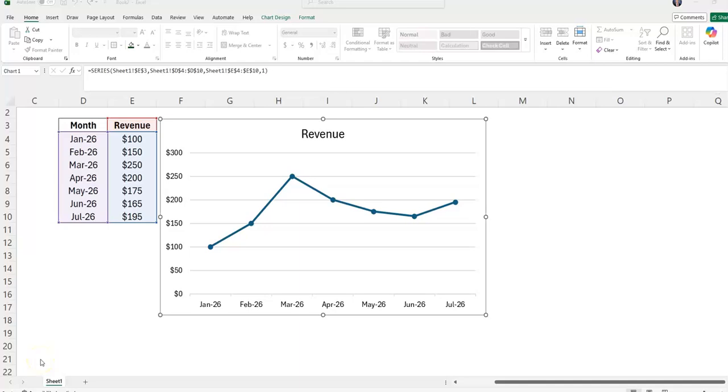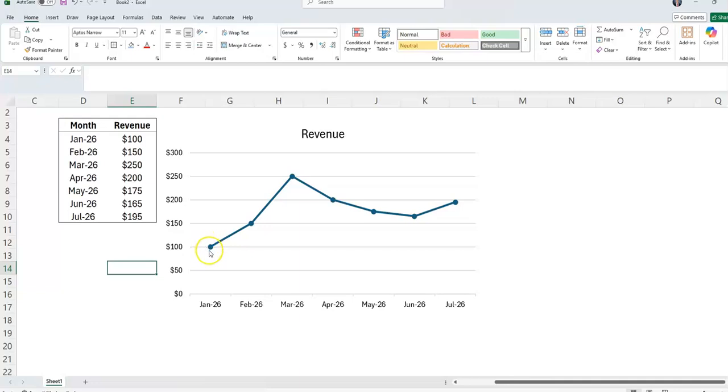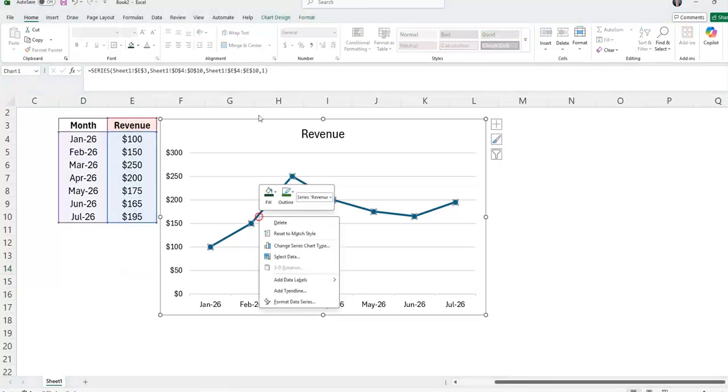In this tutorial, I want to show you how you can change the size of the markers for your line chart with markers in Excel with ease. To do this, first click on the line, then right click on it. Now you're going to see a menu pop up, and towards the bottom, you're going to see an option for